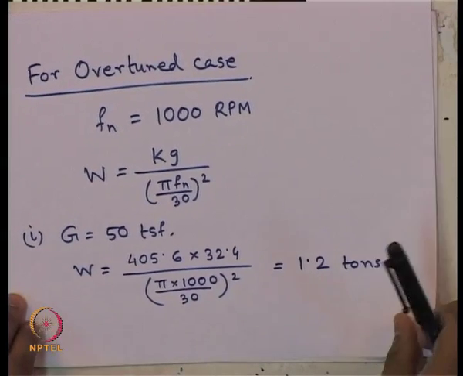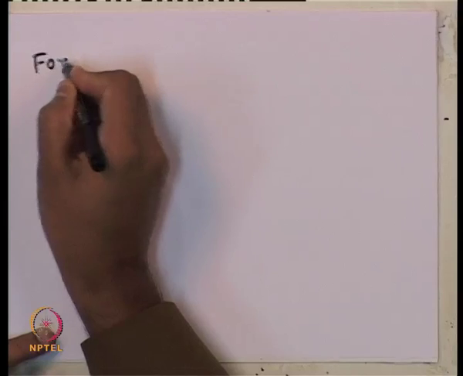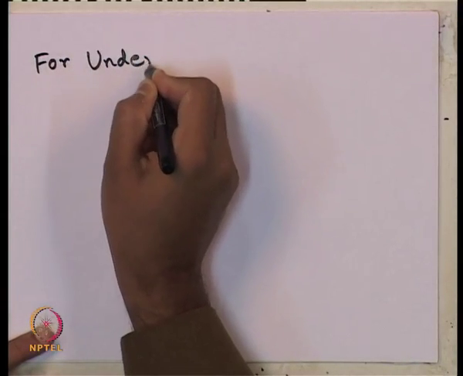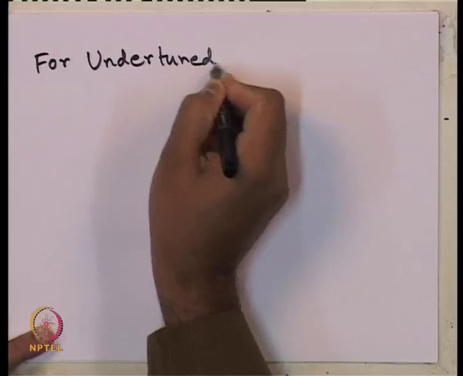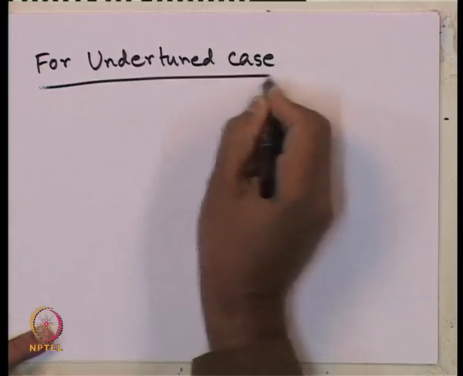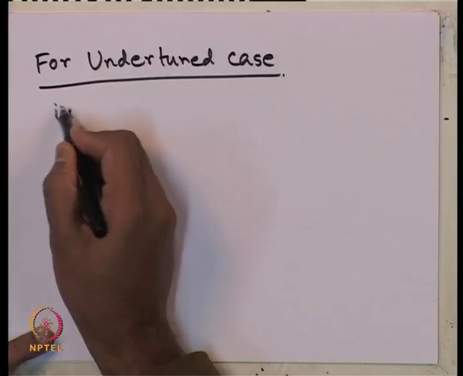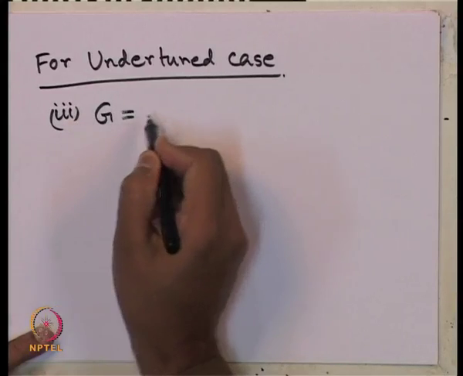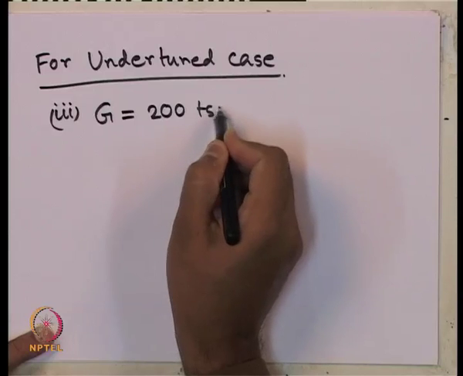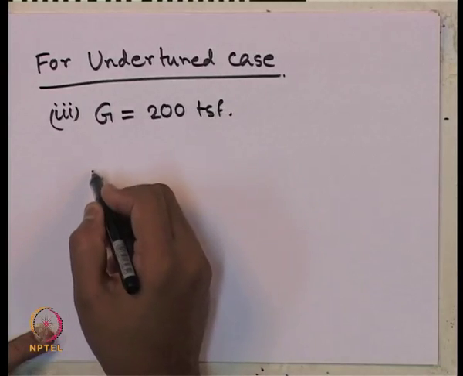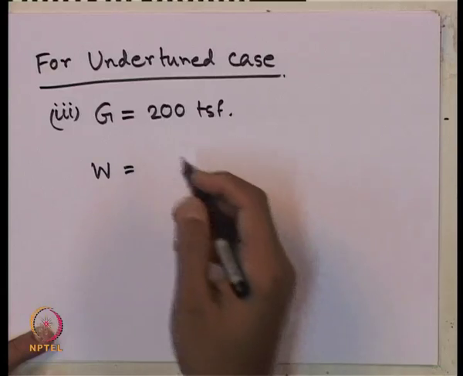Coming to the third case, I am not doing the second case, that is repetitive. For the third case, so that I can show the difference at least, let us see what it comes. For undertuned case with case 3 of soil, that is G equals to 200 TSF, we are getting W as